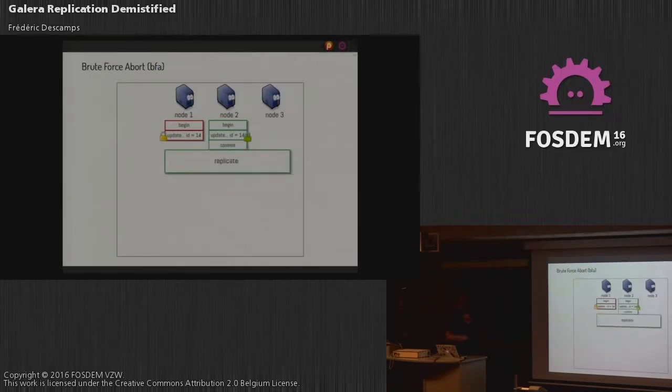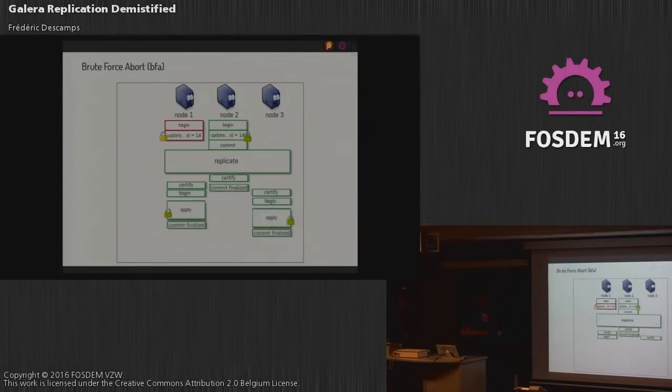So these are just some slides to explain how all that works. We have two types of certification issue in Galera: brute force abort and local certification failure. This is an illustration of how that works. Here you see we have a transaction that's open, and we modify the data. Here we have the same data that we modify on another node. When we commit it, it gets replicated, it gets certified everywhere. Then when that works, it's applied everywhere.